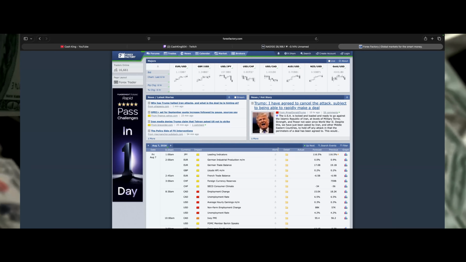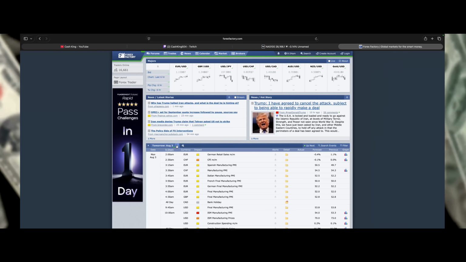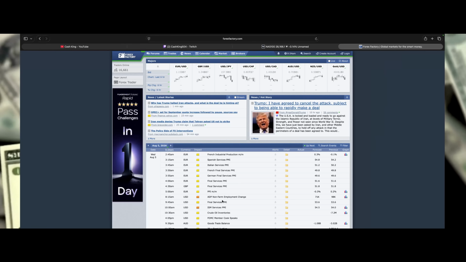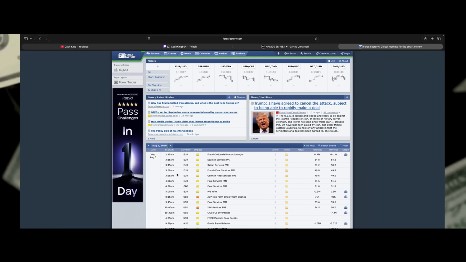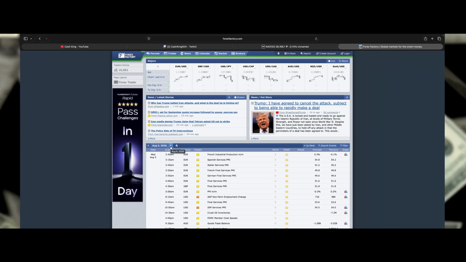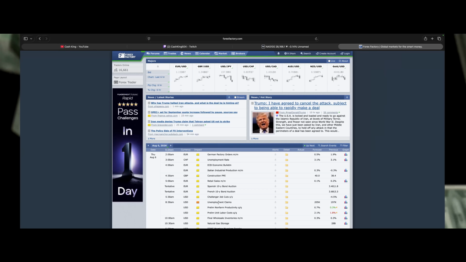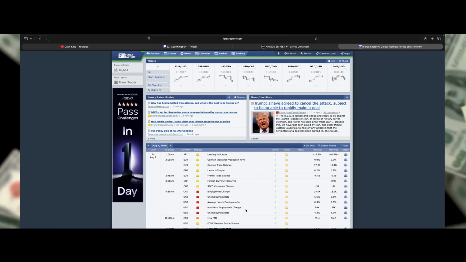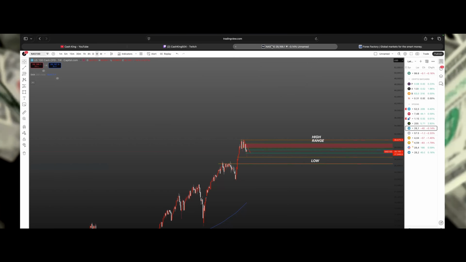We also have some news this week. Monday, we have ISM manufacturing PMI. We have some job openings. We have ADP non-farm employment change, orange folders, which is not really that important, but it can still move the market a little bit. Thursday, we have unemployment claims, and Friday, we have average hourly earnings, NFP, unemployment rate, right? So I feel like this week is definitely going to do some numbers.